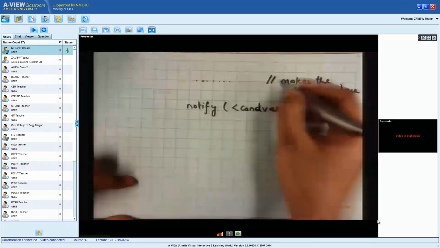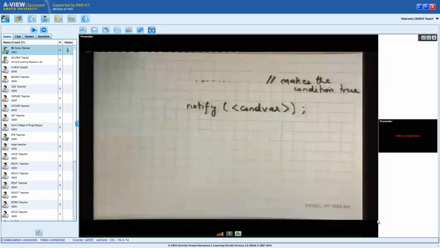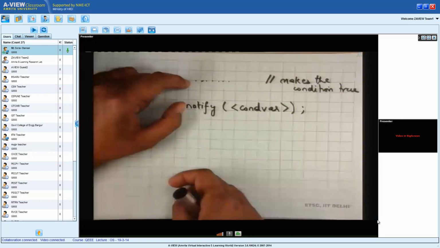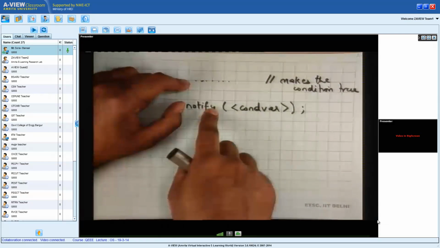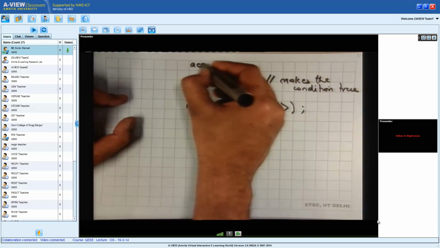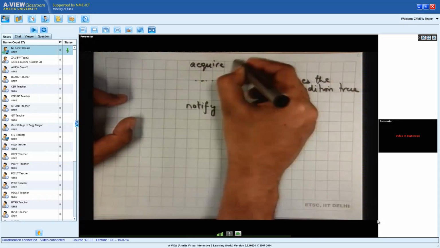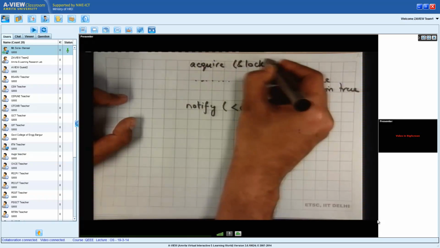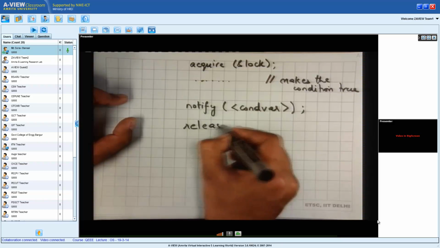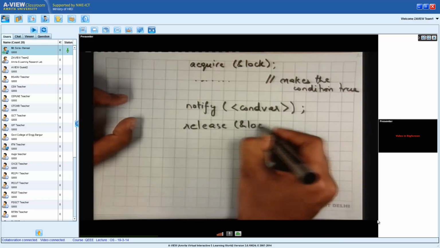And after the condition has been made true, the thread is allowed to call notify. Typically the thread should call notify only after the condition has been made true. Right? Also, once again, there can be a race condition between this and this, and so you typically use a lock, and so you could say acquire lock, right? and release lock,